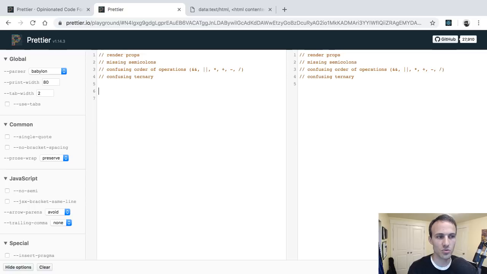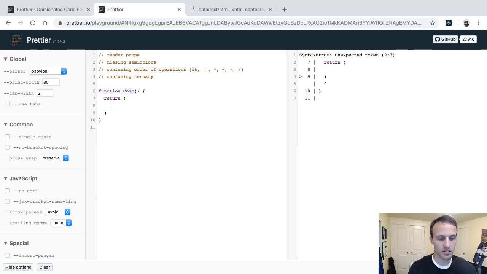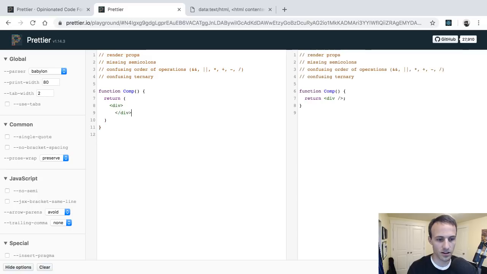And Prettier is what makes the ternaries really practical for me. So I'm going to make a function component, and we're going to return, like, a div here. And then this is going to take users. And actually, one thing that I see a lot of people doing is I see users.length